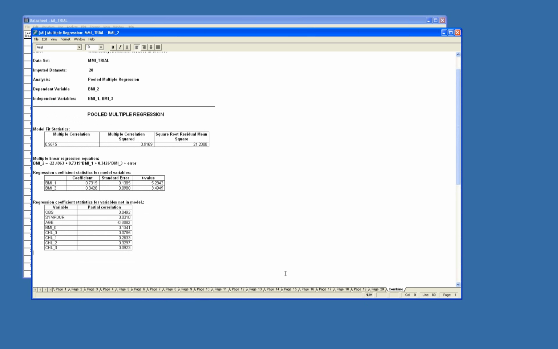Also, just to make this point, it's important you don't just select one of the imputed data sets and run all your analysis. You should run all your analysis on all the data sets to see the distribution, or see the variance of your results. So it's important to get the standard error of your model estimates to see how accurate the model is across all your data sets. And as I said at the very beginning,